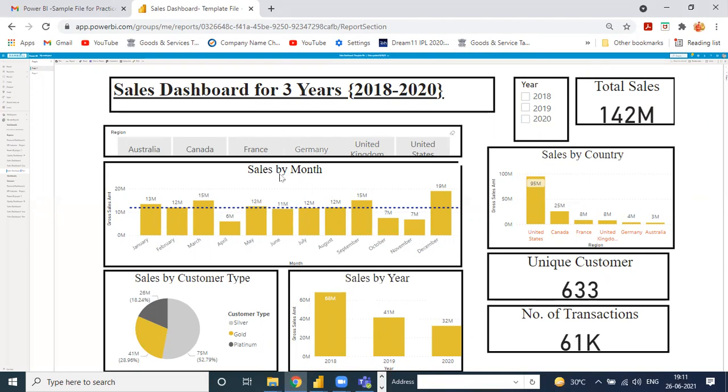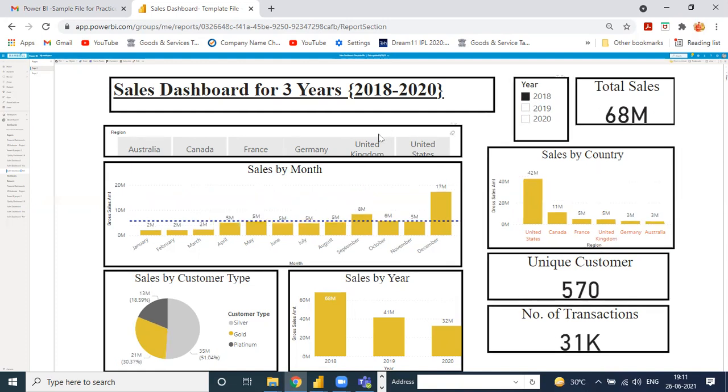See, this is Power BI. Yesterday we created one report, the sales dashboard for 3 years. And this is how to show it on powerbi.com. Like when you open LinkedIn, you log in with your email ID and password. Then you log in with your Power BI password. Then it's the Power BI service, and it's a paid version. I have the paid version because I use my company's corporate access.